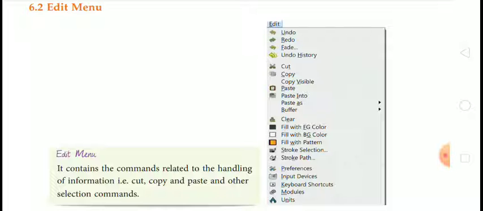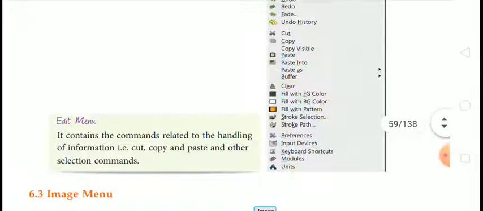Then stroke selection. If you want to select the boundary of your image, you can select the stroke selection. Then stroke path. After that, preferences, input devices, and keyboard shortcuts.